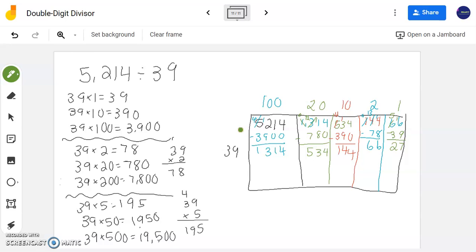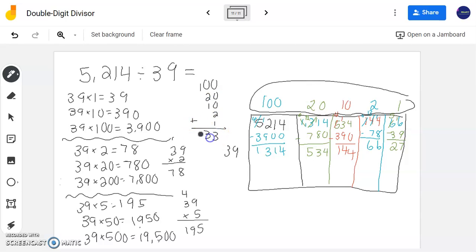And when you're dividing by these large divisors, you might have a large remainder, and that's okay. So again, you had problems just like this on your homework. The last step that you're going to do here is add all these numbers up top here. Okay, so I'm going to take 100 plus 20 plus 10 plus 2 plus 1. So when I add these together, I get